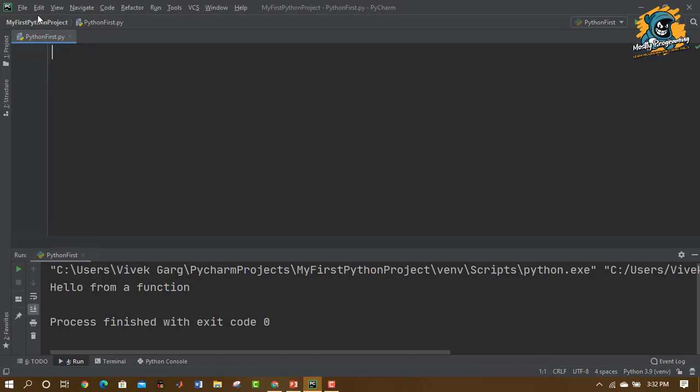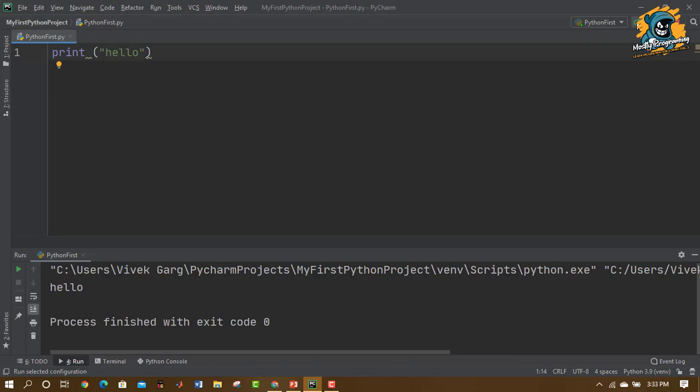The print function that we have been using is an inbuilt function to print something. Suppose I am going to run this now. print hello. Hello is printed. So print is basically an inbuilt function in Python. We are simply invoking the print function and passing an argument to it. We are passing a string hello as an argument to it.